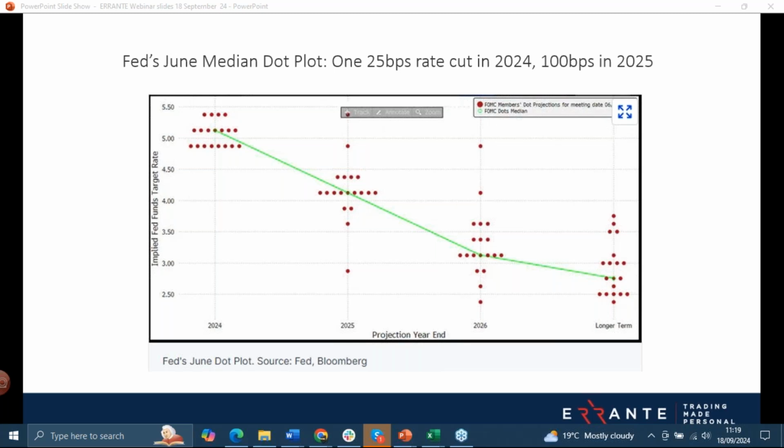If the dot plot and Powell suggest fewer basis points worth of reductions this year than the current 115 basis points expected by the market, remembering there are only 3 meetings left, this one and then 2 more, then the dollar should go bid. And if they're really confident that the economy is not headed for a recession, that may keep risk appetite and stocks elevated,